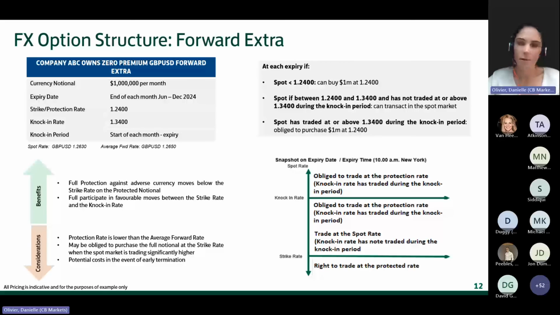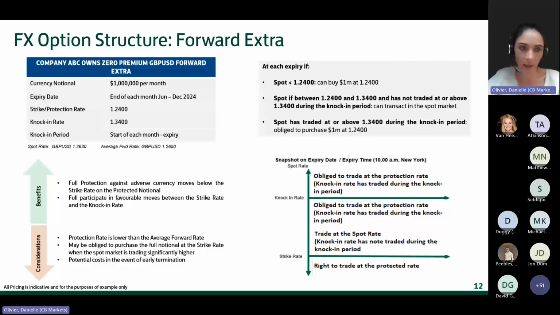Okay, our last structure that we'll look at today is the forward extra. It's quite a popular structure, and it introduces what we call a knock-in option. So this is an option that only becomes live should the market spot rate reach a certain level in the specified knock-in period. So again, if we return to our example where company ABC has an FX requirement to buy $1 million per month at the end of each month from June to December 24,